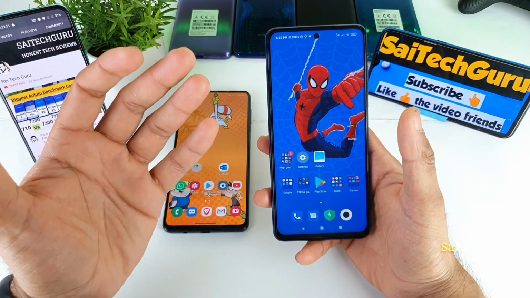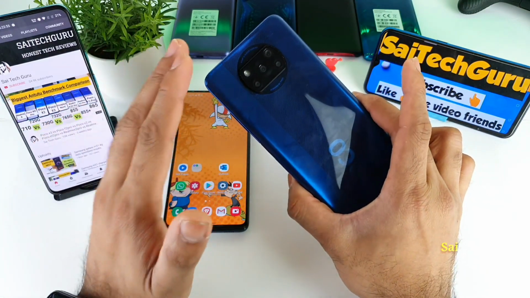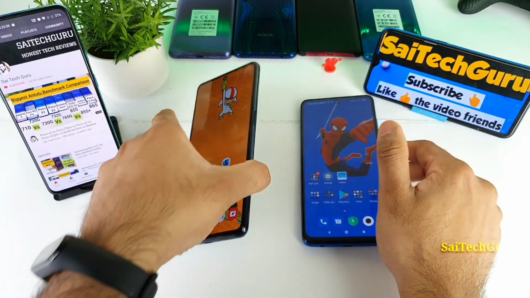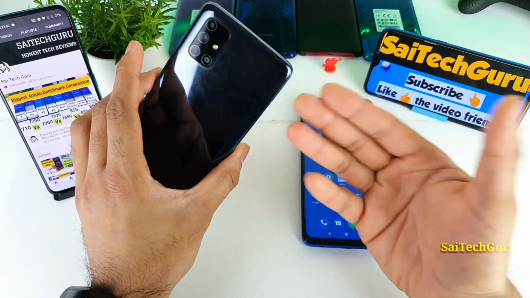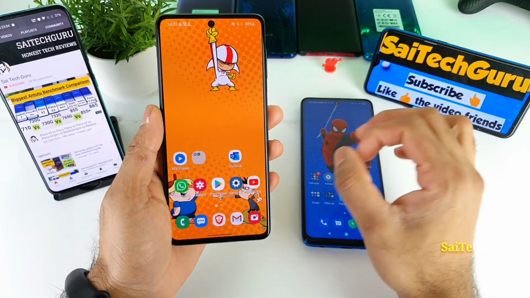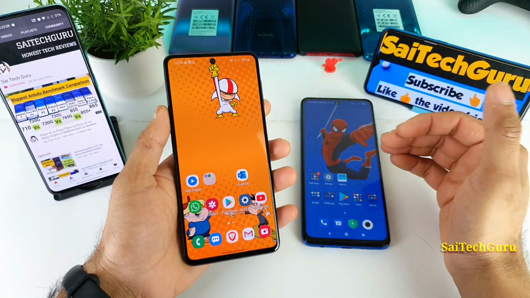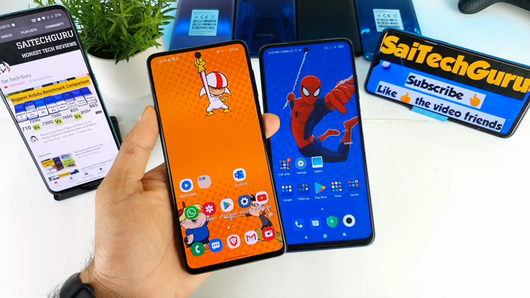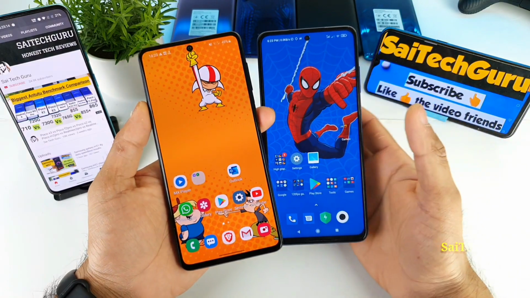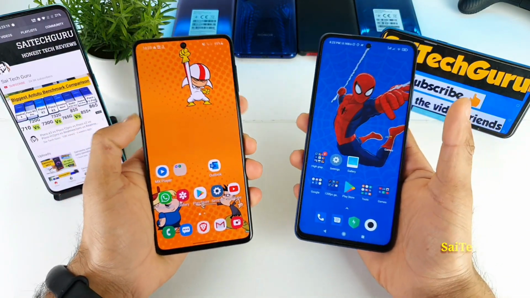So let's see, friends, after using this enhancement visuals on the Poco X3 device, whether the phone will be equal to the Super AMOLED Plus display from the Samsung M51 device. This was a question asked by a few of the subscribers, to try this enhancement visuals and compare it with Samsung's AMOLED panel, so they can understand the colors between both of the smartphones. So let's get started with that comparison.